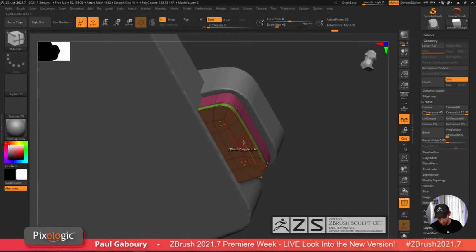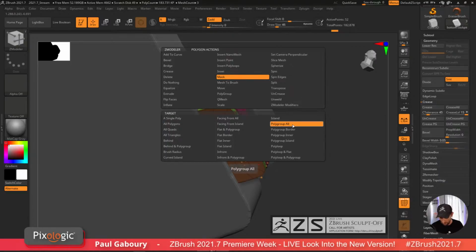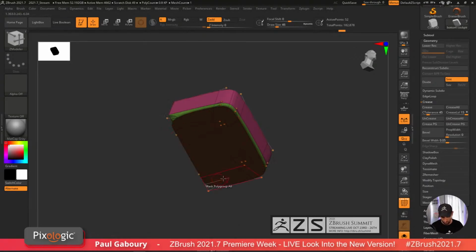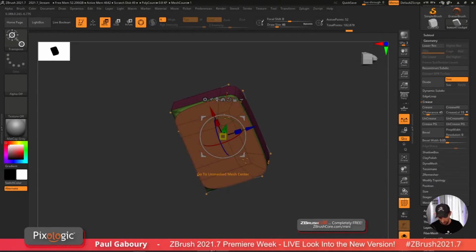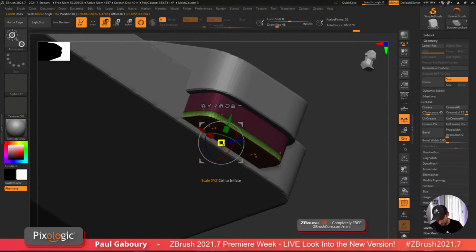And then I'm going to go ahead and say, let's mask off. Okay, polygroup all. I'm going to tap on, for me, the orange. So now if we go to solo, every point here that's orange is getting that. So I'm going to inverse it, and then make sure it's centered again. It's just a habit of mine, and I'm going to shrink it down and put some kind of nice little